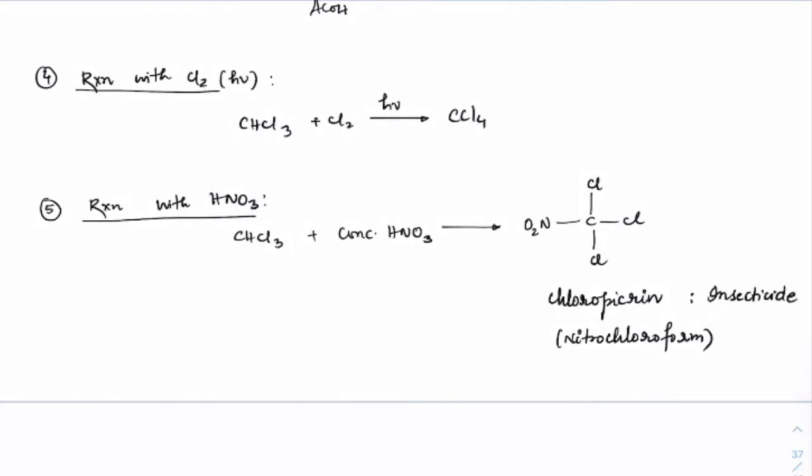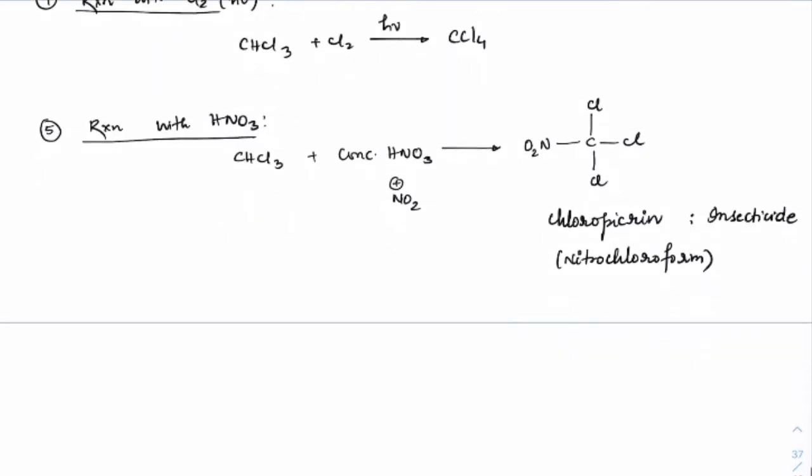Okay, so the basic idea is when you take concentrated HNO3, we will be able to produce the electrophile NO2 plus, and that electrophile is the one replacing that hydrogen. Again, we don't have to get into the mechanism of that. We just need to know that hydrogen is replaced by NO2 plus. Important reaction, students. Direct JEE Main questions have been asked on this. What is chloropicrin or how is it prepared? So you guys can check this out.